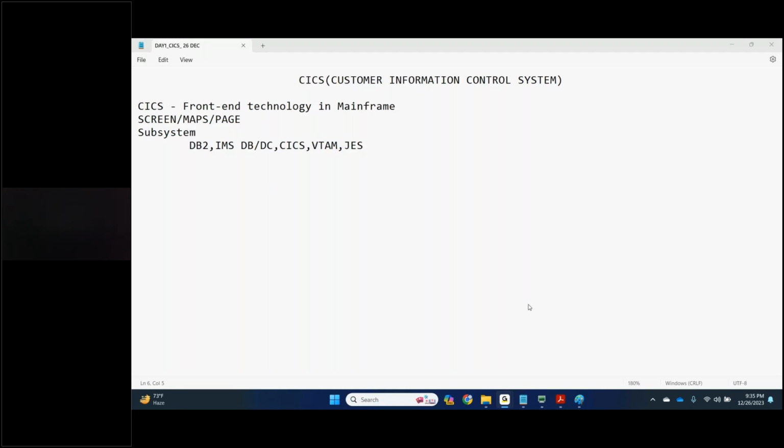Same case with the mainframe subsystem also. First you take the DB2 subsystem license. When you purchase the DB2 license, they will give a license code, which we call a key. Once we get the key, we tell our mainframe admin, hey boss, we got the license, these are the keys. So what does the mainframe admin do? They will install the DB2 software in the z/OS system.